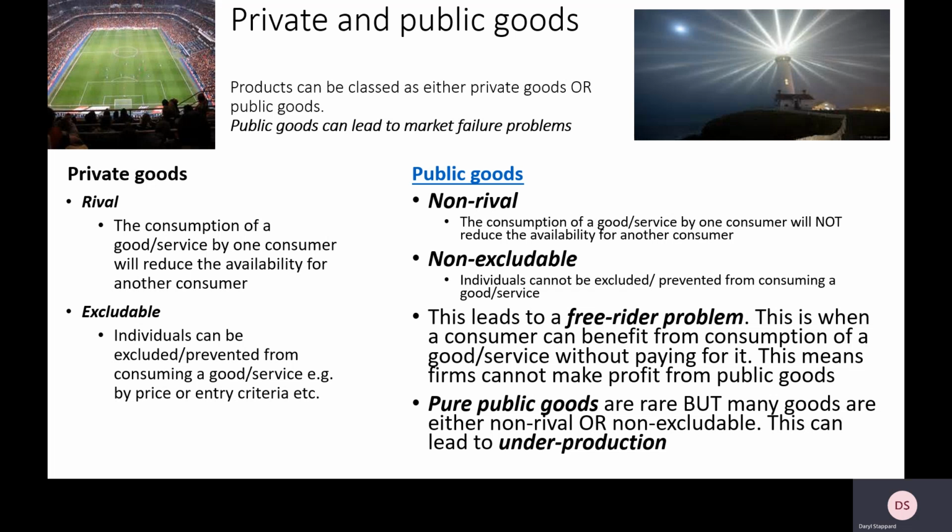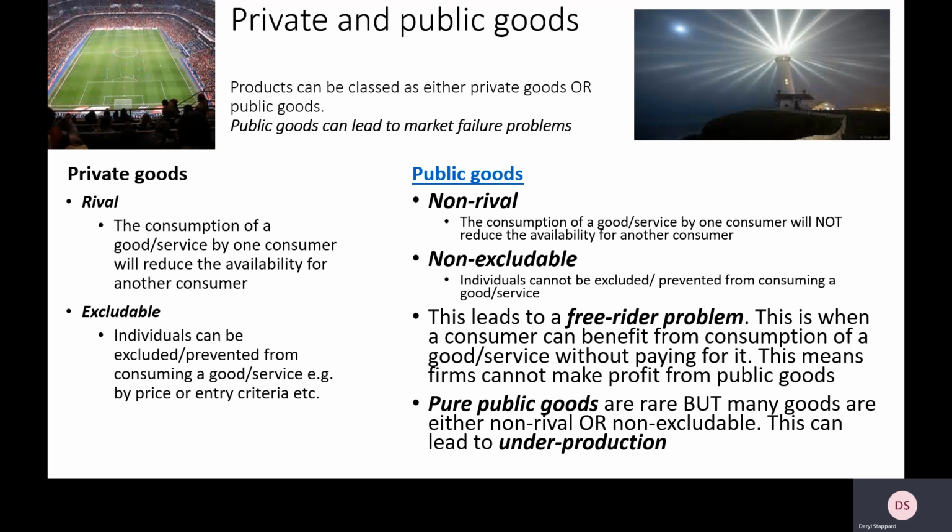Now, other products which also have some of the characteristics of being a public good: we've got flood defences, we've got street lighting, and we could argue lighthouses can also be public goods. Think about what a lighthouse does. When boats come into a harbour, it helps them see where the rocks are and where the coastline is. So it guides the ship safely into the harbours and ports across the world. Once those lighthouses have been provided, everyone can benefit for free from them. So that raises the question: why bother paying for something when you can use it for free? So again, a firm in a free market economy would not want to produce